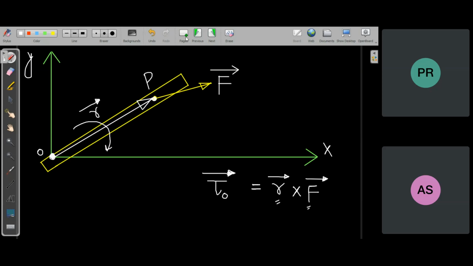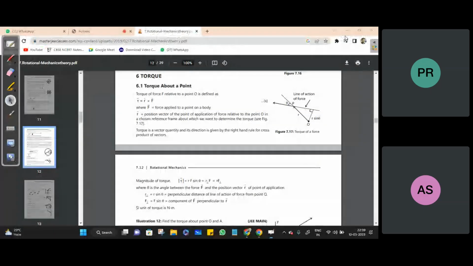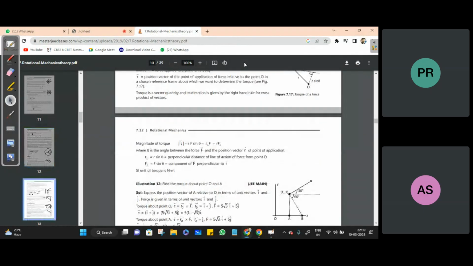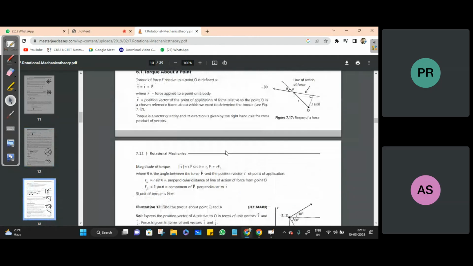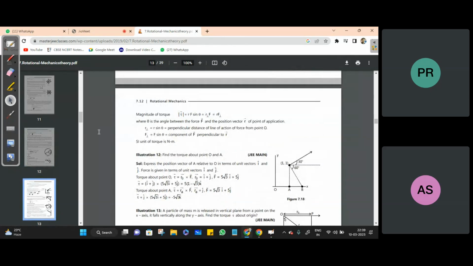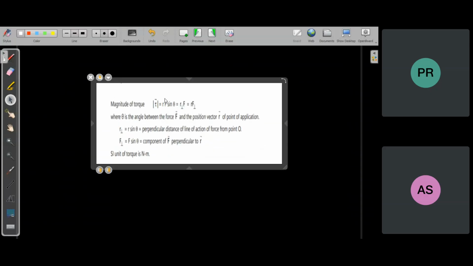So in that way you can say, because in translational motion force produces an acceleration, and that acceleration is translational acceleration, here you will see that torque produces angular acceleration. So yes, it plays the same role. Now if you want to find the magnitude, the magnitude will be simply the magnitude of r cross F,